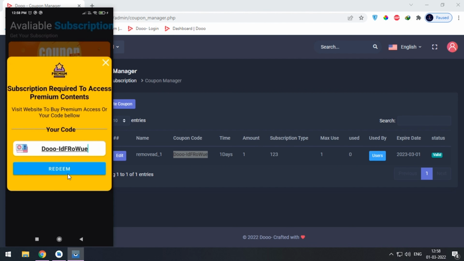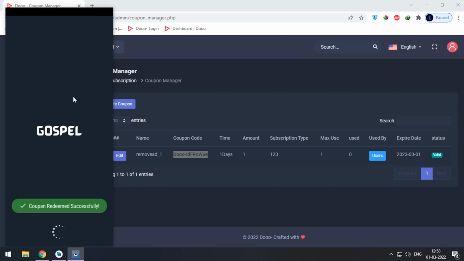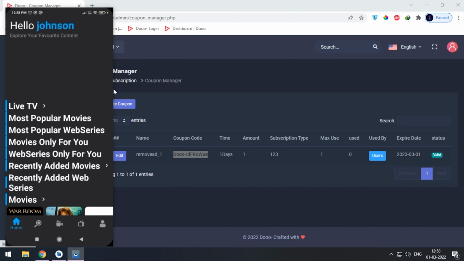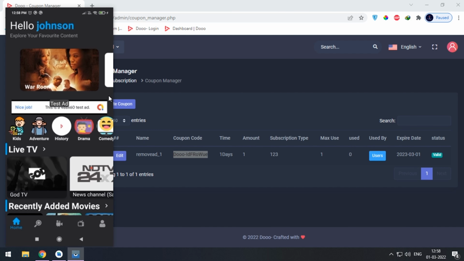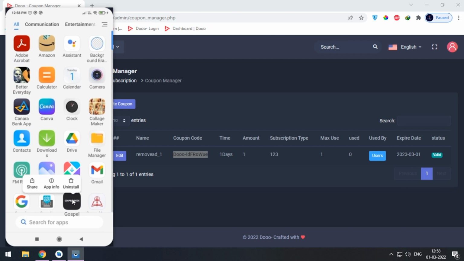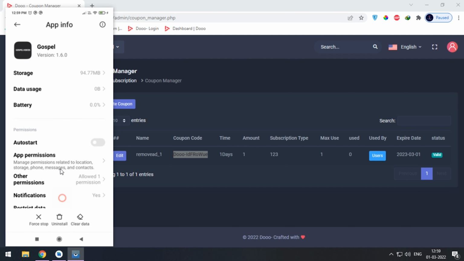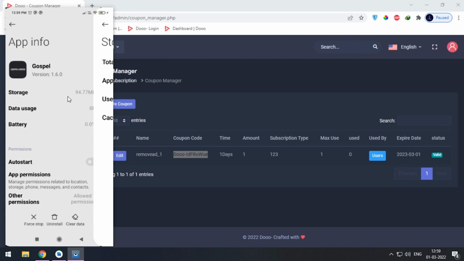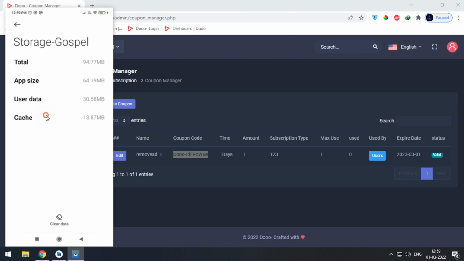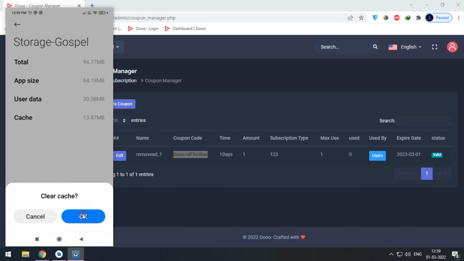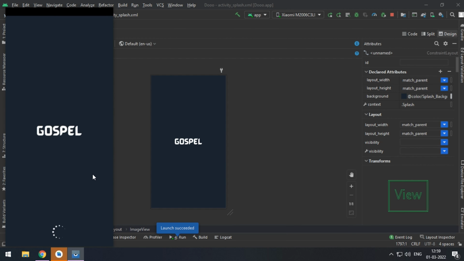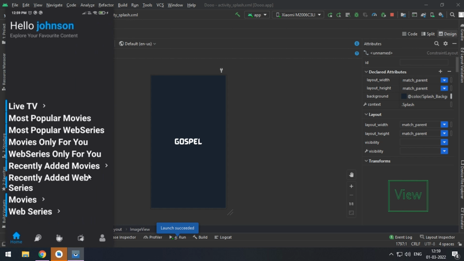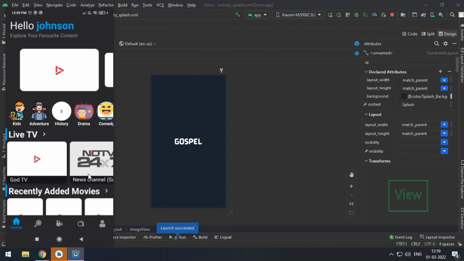The last tip, in case your user raises an issue like even though they are premium user, they still receive ads, then solution is very simple. Ask them to clear the cache. They do that by long pressing the app. Now press the storage button. Here choose Clear Cache. This won't log them out but clears the old data from their phone, which helps our admin panel to send a message to the app saying, "Hey, he is a premium user. Stop showing him the ads."